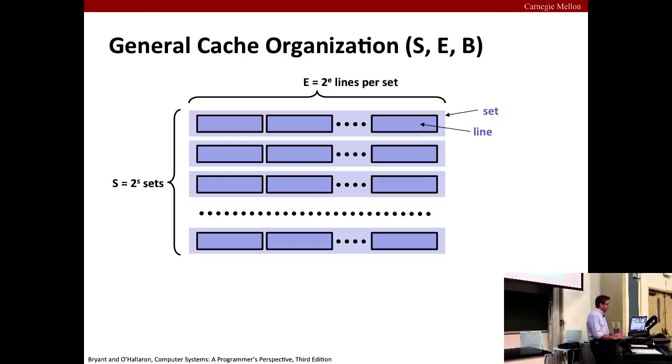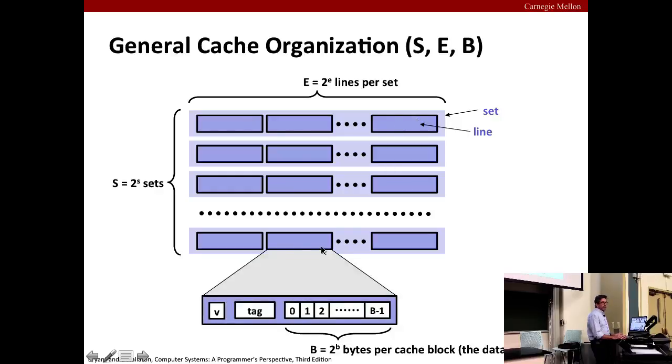You can think of the cache as an array of S equals 2 to the s sets. Each set consists of E lines, where each line consists of a block of B equals 2 to the b bytes of data,